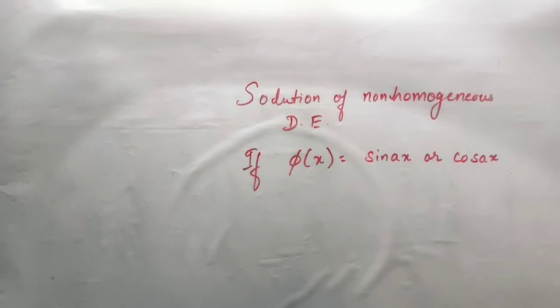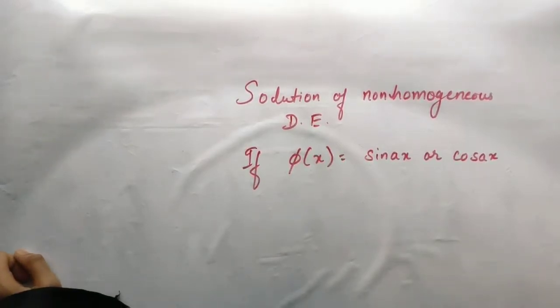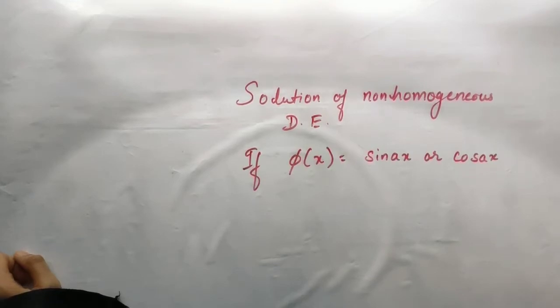In my previous session, we learned that the solution of a non-homogeneous differential equation consists of two parts, that is yc, the complementary function, and the particular integral yp. We also discussed when phi of x is e to the power ax, an exponential function appearing on the right hand side, what you have to do to get your yc was not at all a problem for you, because you have already learned how to solve a homogeneous differential equation.